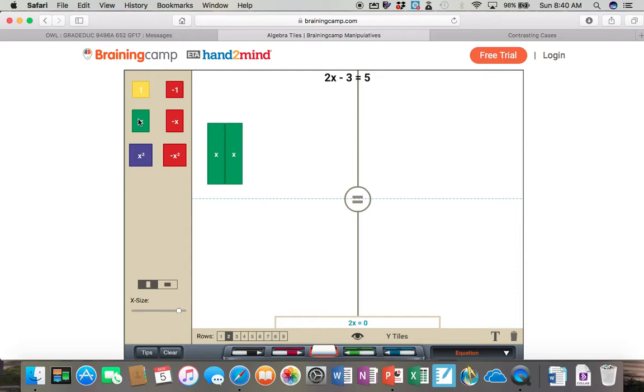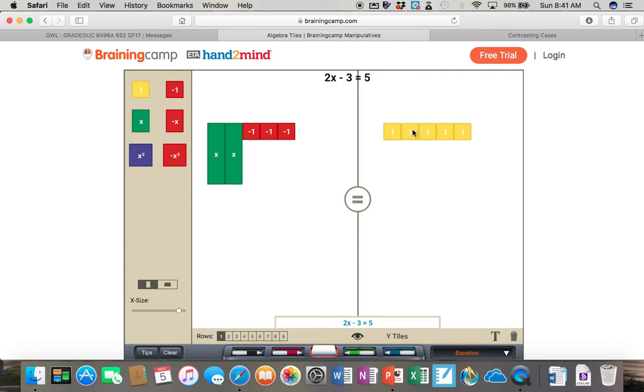And so I am going to model 2x and minus 3 on one side. So you can see that I am moving the tiles around and manipulating them very much like a student would in the concrete part of the CRA. You'll also see down here that as I build my equation, the symbolic representation changes. The moving tiles form a concrete representation, but once in between movements I'm left with a still picture, which is the representational. So the C, the R, and the A are all represented here.